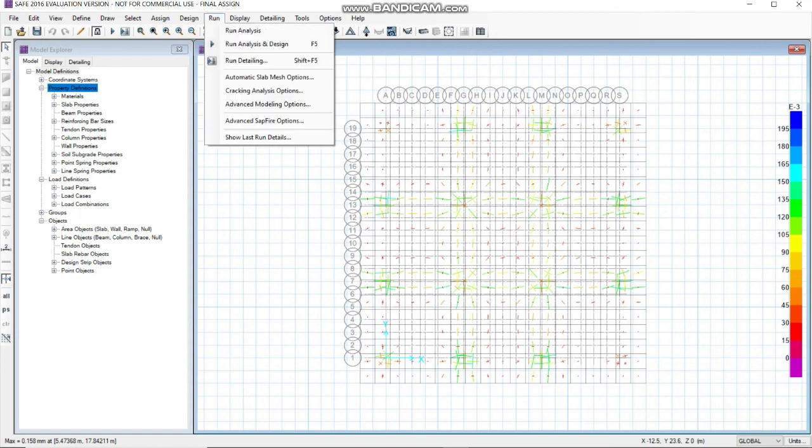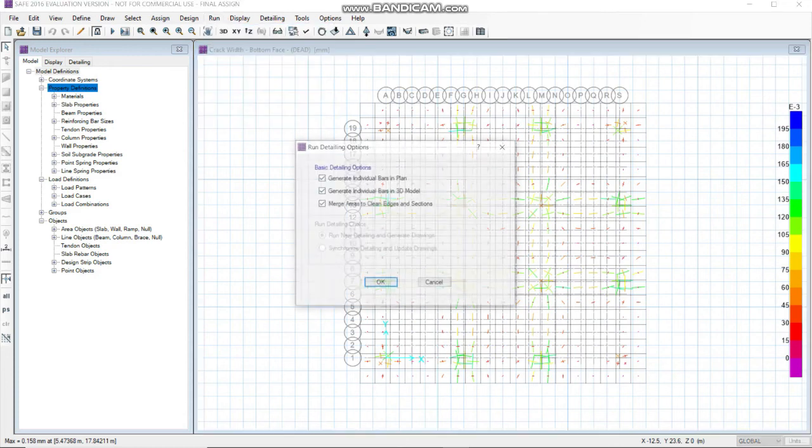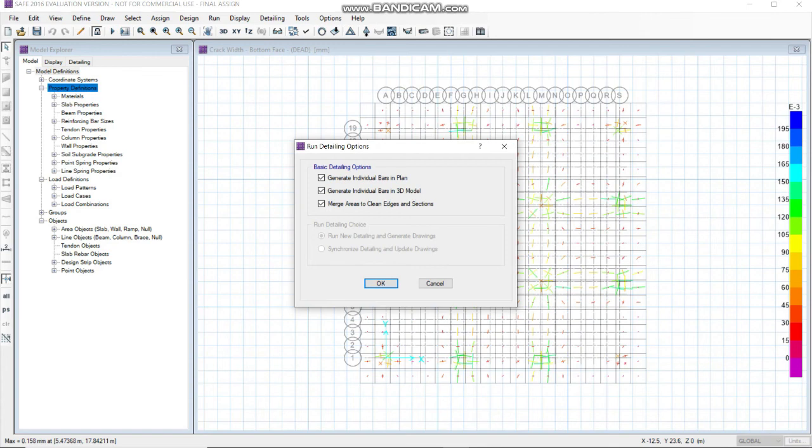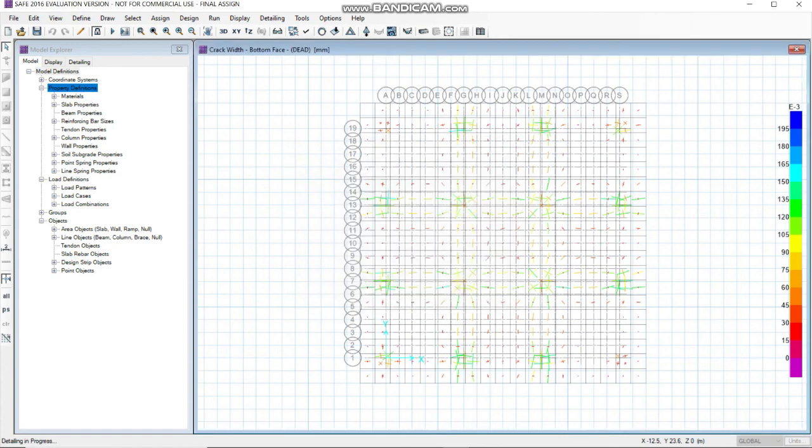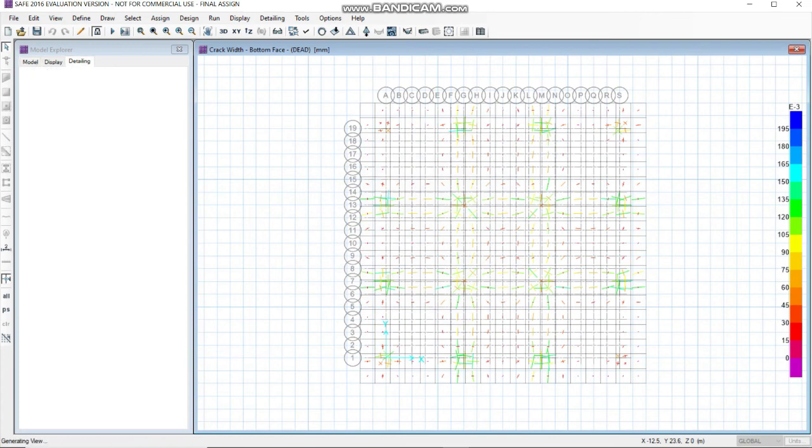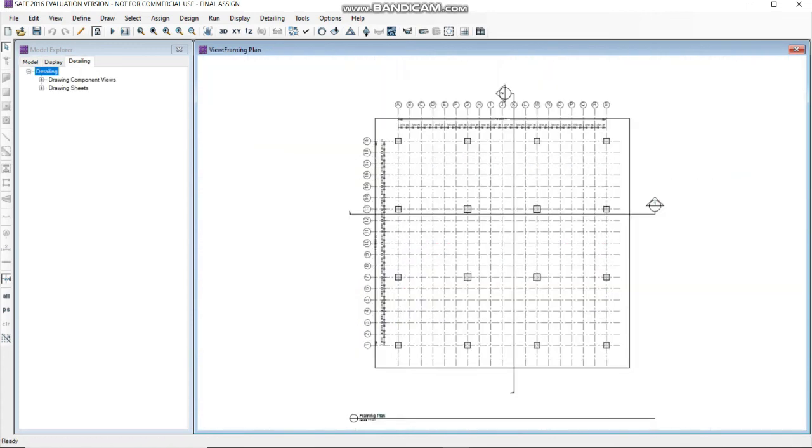Go to run. Now after we finish the analysis and design procedure, we are going to run detailing. Select all the options, click on OK. So here you can see the detailing of our structure.